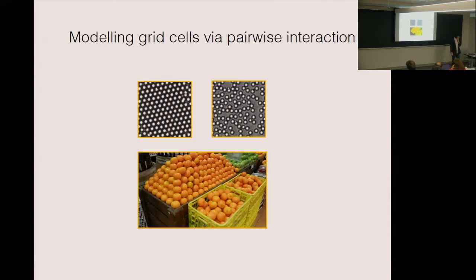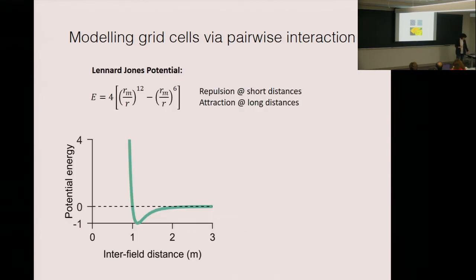What we know is that many physical systems placed in different parameter regimes can be arranged either as a lattice or a less ordered structure. And these systems are often described using pairwise interactions between particles. So inspired by that, we used a common model for systems with multiple particles, the Lennard-Jones potential,